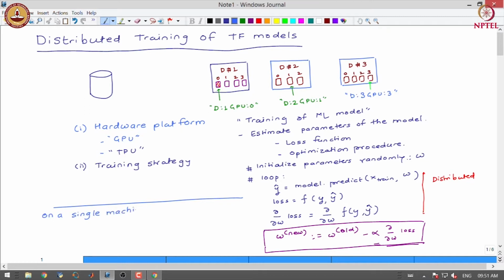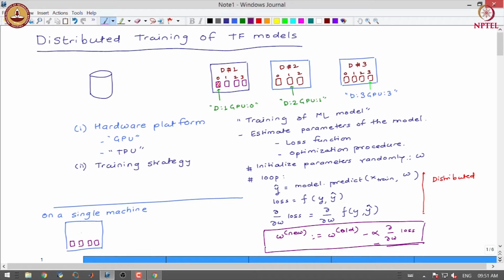On a single machine, let us say we are doing this distributed training on a single machine having multiple GPUs.